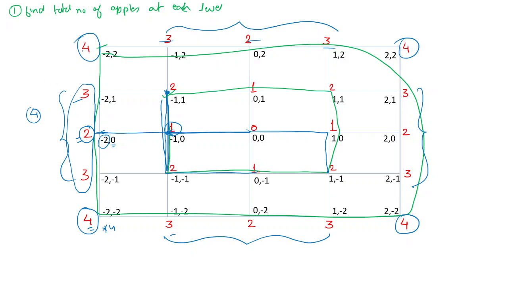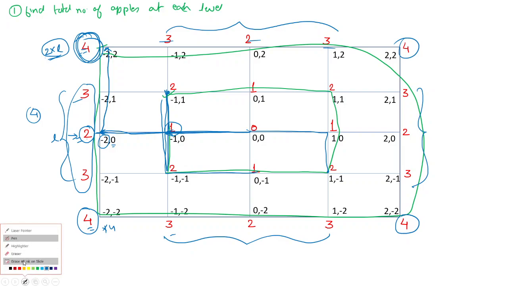So how are you going to see? See, this particular value will always be equal to 2 times the level. How? We will go L, or you can say level number of units to the left, and then the same number of units to the top, and we'll get this value because it needs to be a square plot. Okay? So remember these two things. This particular value will be 2 times L, and this middle one will be L. Okay. So let me show you how we'll calculate that.